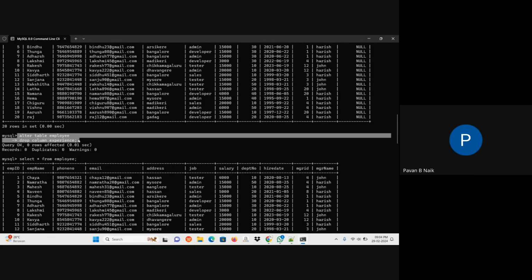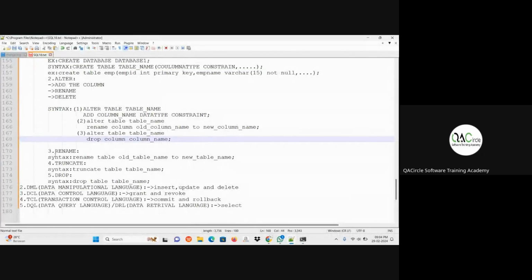Take down the next statement, that is the rename statement. This statement is used to rename the table.